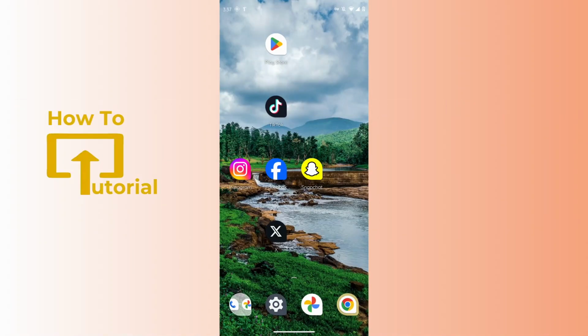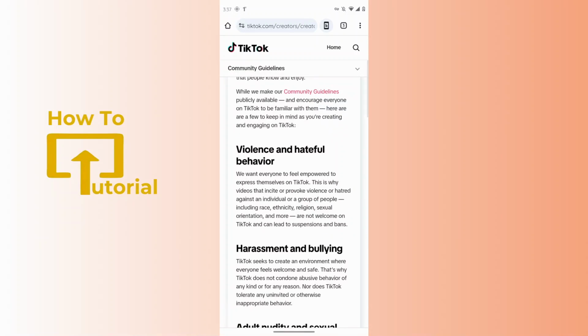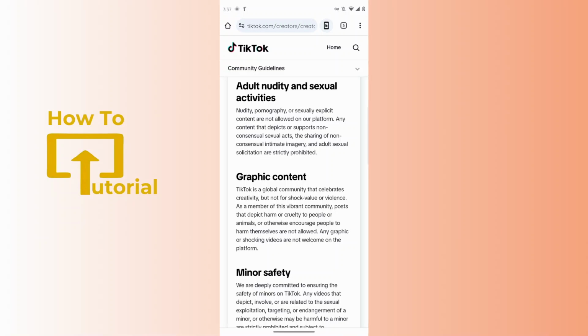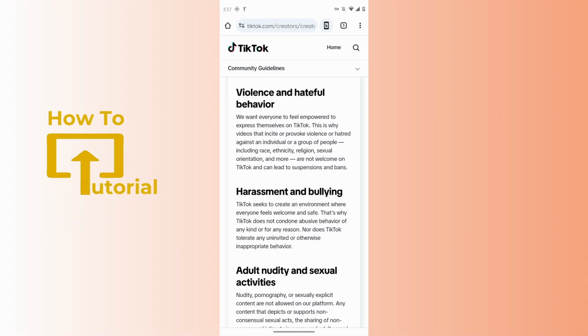So you are trying to upload a video on TikTok and it shows stuck in processing, or that video does not upload on your account. It might be because you have violated some TikTok community guidelines. So if you open up a browser and search for TikTok community guidelines, you can find the following guidelines like violence and hateful behavior, harassment and bullying, adult nudity and sexual activities, and other guidelines that you shouldn't violate while uploading a video on TikTok. So you have to check if your video is violating these guidelines, but if it's not, it might be